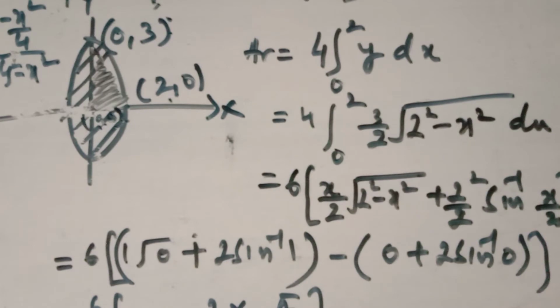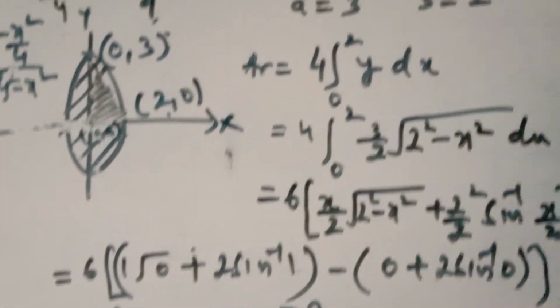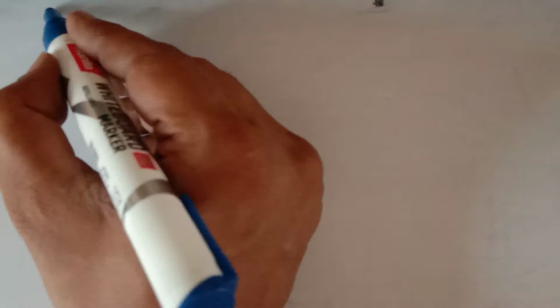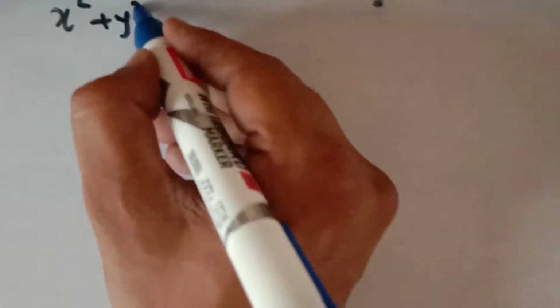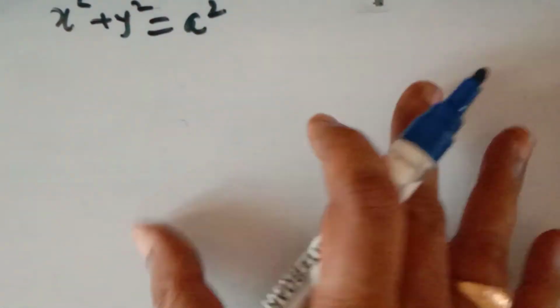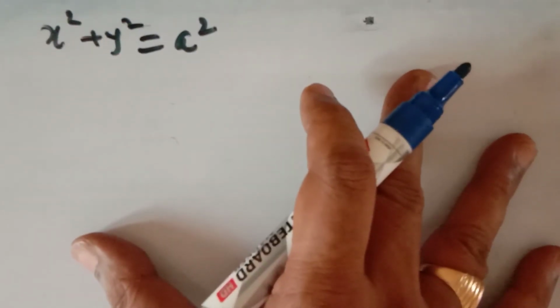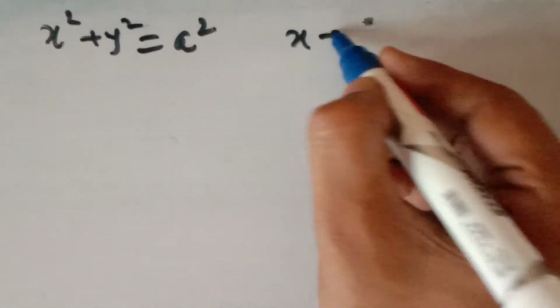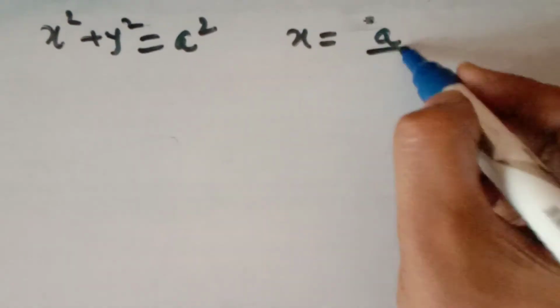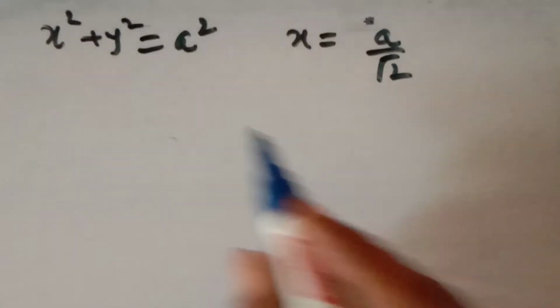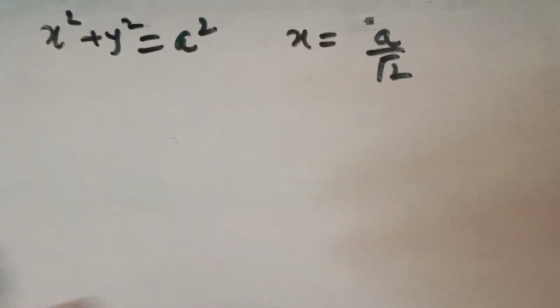Now let us take first of all the question number 7. We are finding those questions which contain only one curve. After doing the area bounded by the single curve, we'll discuss how to find the area bounded by the two curves. So question number 7: you have to find the area bounded by x square plus y square is equal to a square, a smaller part of the area, and x is equal to a upon root 2.